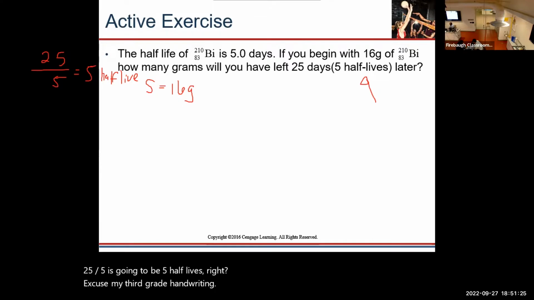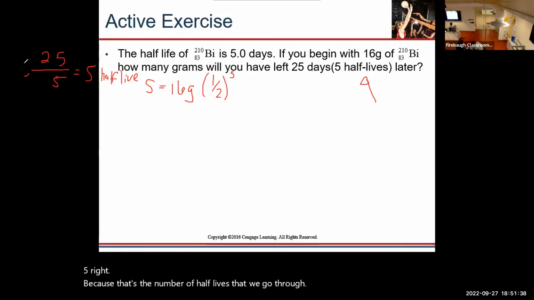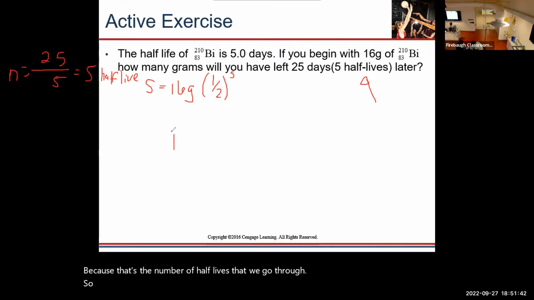So then I'm going to go 1 half. And it's going to equal 5, right? So that's 1 half. So then R is going to be equal to S 1 and